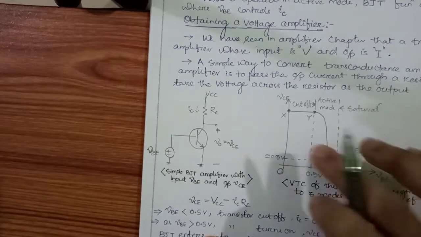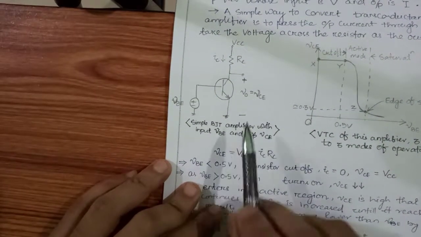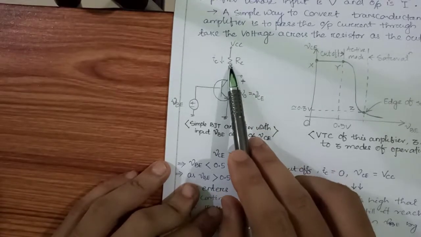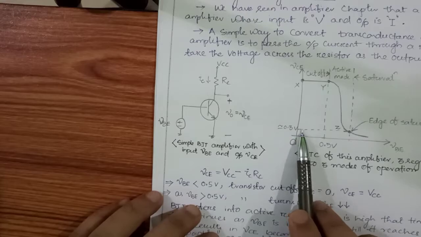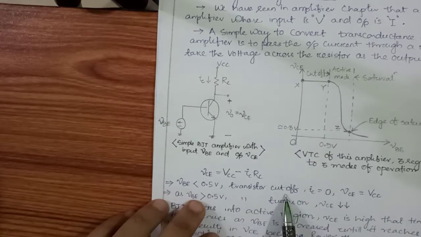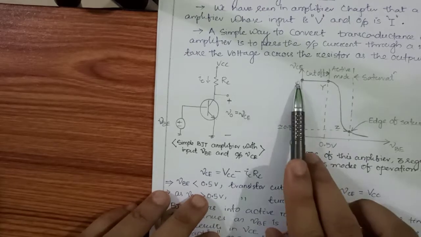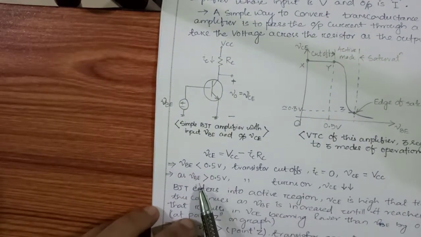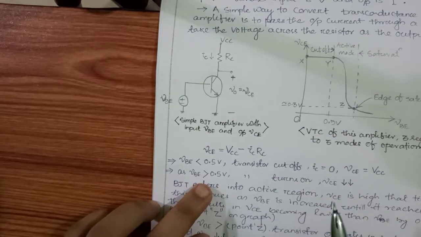So this is the voltage amplifier characteristic graph. Okay, and we know what our VCE is. This voltage is nothing but VCC minus ICRC. Now here the same thing is written, that I told. For this region, it is the cutoff region, and for the cutoff region we know our collector current is 0 and VC is nothing but VCC, that is the maximum value. And when VB increases to 0.5 volt, the transistor turns on, meaning it enters the active region.